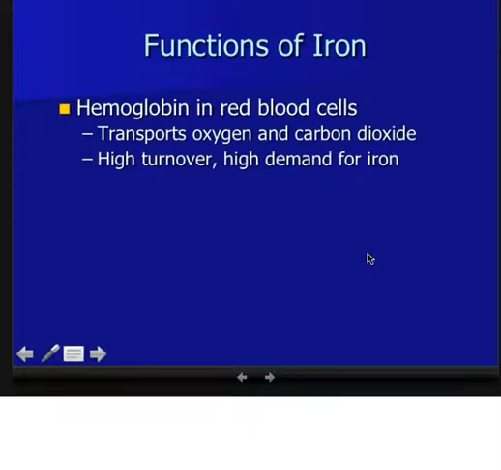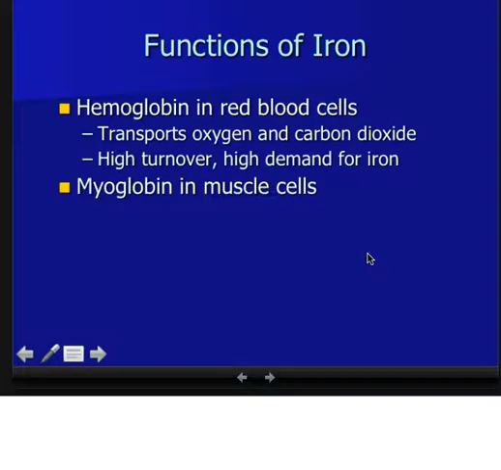Okay, what are some functions of iron? Well, it's involved in hemoglobin and red blood cells. It transports oxygen and CO2. It has a very high turnover rate, and we have a very high demand for iron. It's also found in myoglobin in muscle cells, which is very similar to hemoglobin. It actually has a higher affinity for oxygen than hemoglobin does, and this is why it's present in muscle tissue, so that it can take oxygen from blood very easily, and store it inside the muscle tissue so that the muscle tissue can use it